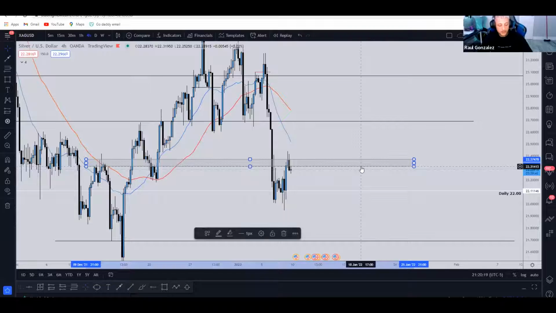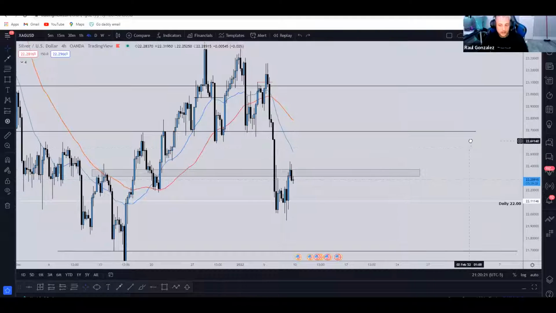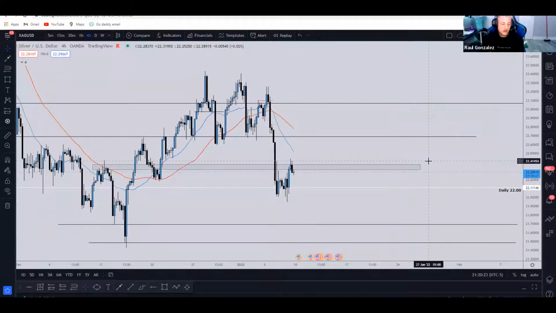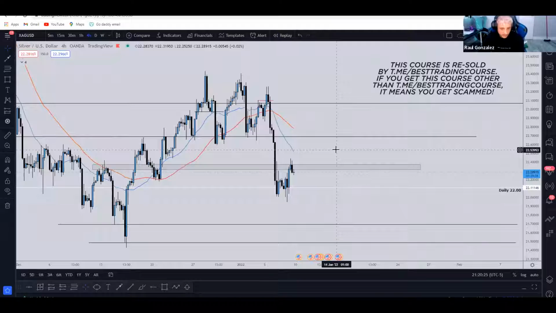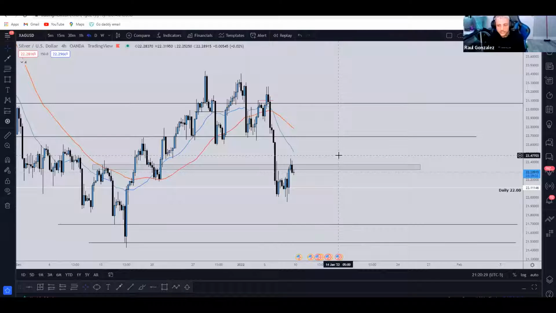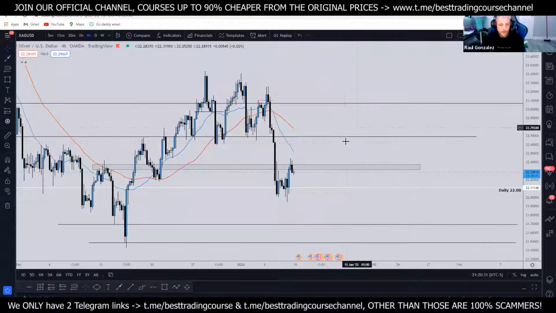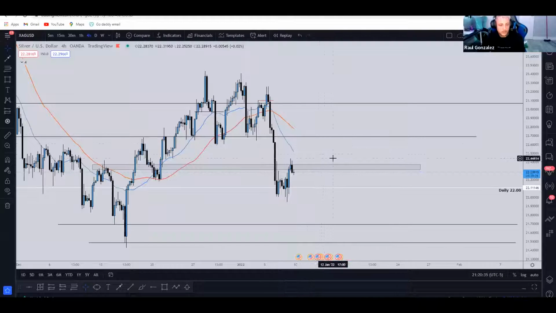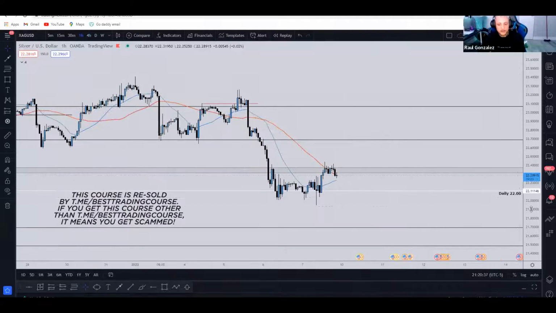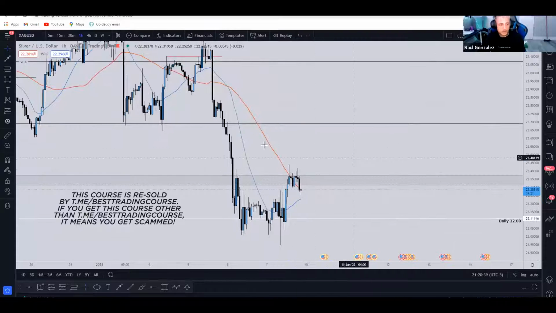But the one thing about pullback trading that is a positive versus that negative that I just spoke about is the risk reward potential that you get out of it. It just depends though, because these are 4-hour levels. So if you're trading on the 4-hour level, then typically you're just going to wait for that. If you're going to be trading based off this hour level and you see price break here, then you could